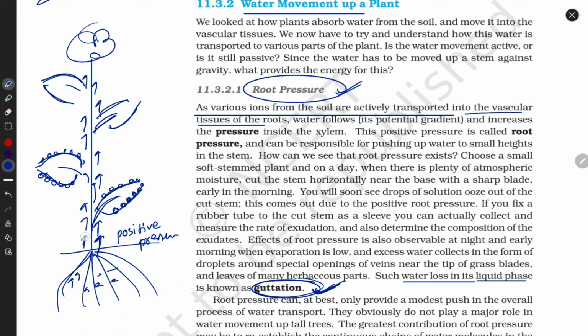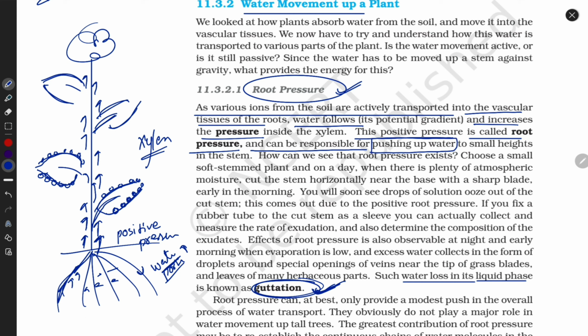root. This water is transported by, of course, xylem. This is the vascular tissue. Water follows and increases the pressure. Water follows and increases the water potential. Water has high water potential. High water potential means high water. They cause some positive pressure. We call it root pressure, and it can be responsible for pushing